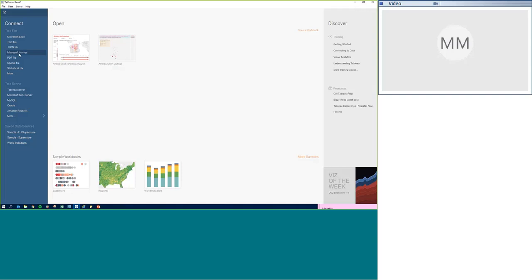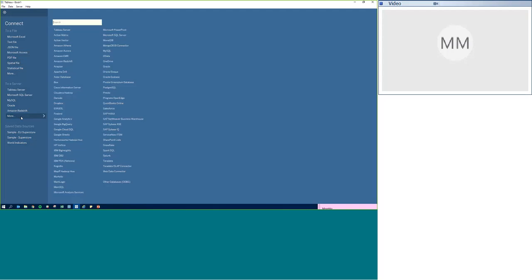Then over here, these are the data sources we're going to connect to. As you can see, we connect to both flat files and server files. Flat files are like Microsoft Excel, JSON, text, Access, PDF, etc. And then we connect to a robust number of servers natively. So you'll see anything from Dropbox to Box Connector to Google Sheets to Marketo, a lot of SQL servers, SAP,